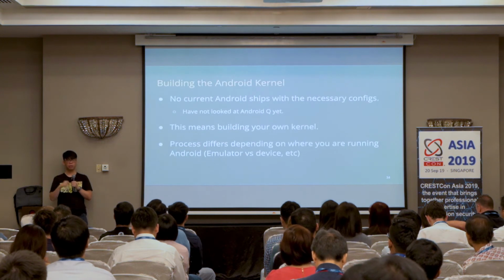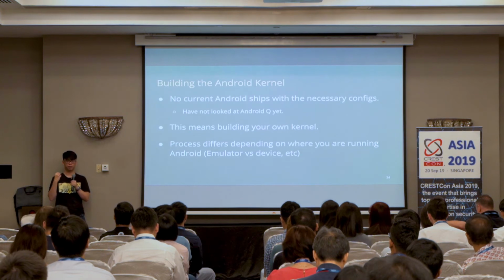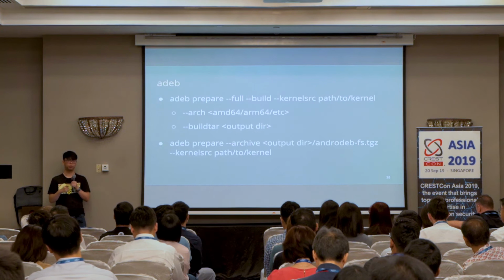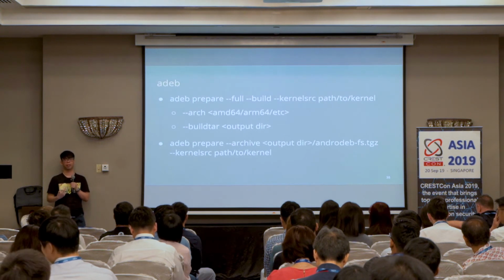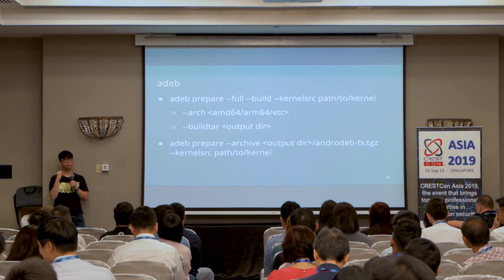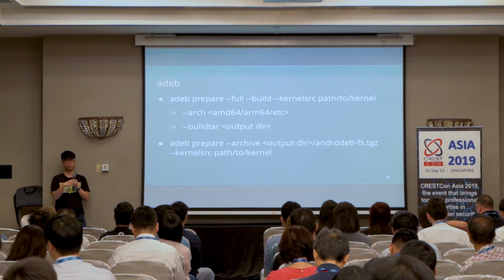I will not go into detail about how to build a kernel, because there's a lot of documentation out there. But once you have done that and you have your Android device running on that kernel, all you need to do is run the ADEB prepare command. There's a lot of documentation at the ADEB repository, but the main command that you need to know is the ADEB prepare command, which will prepare a file system containing all your Debian utilities and build it against the